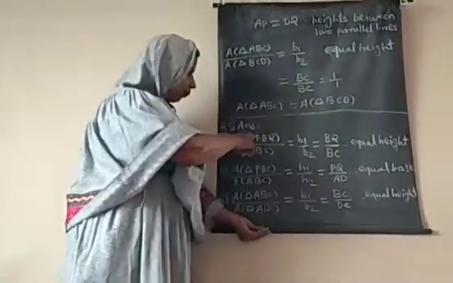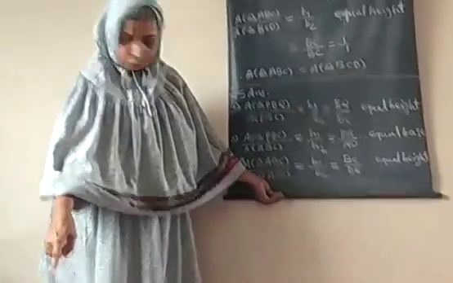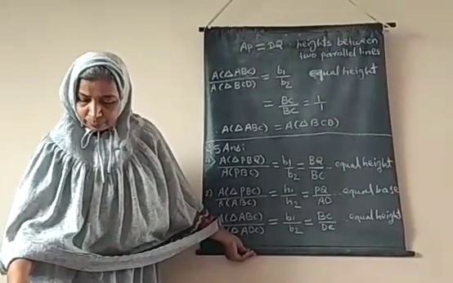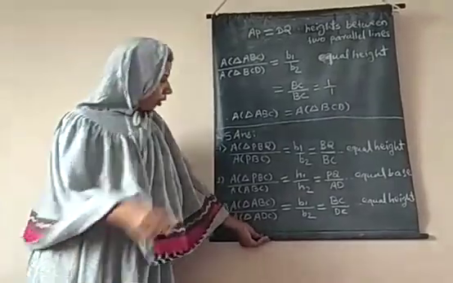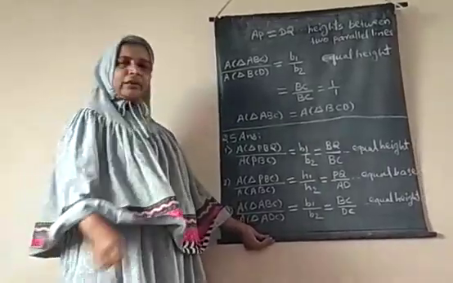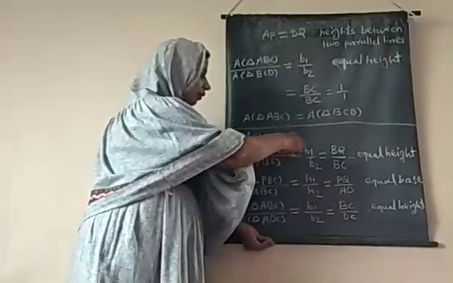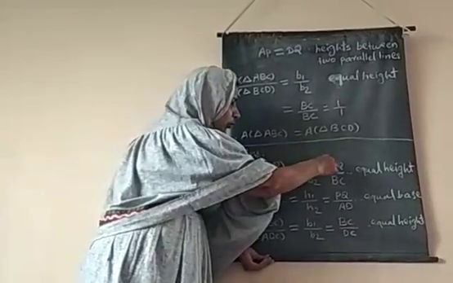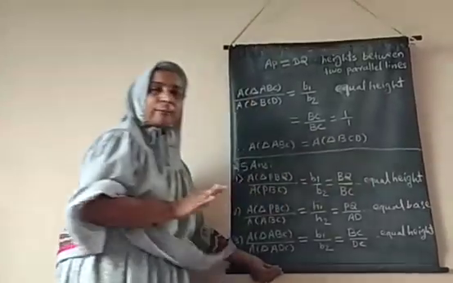Now from the textbook, in triangle PBQ, the height is PQ, and for this triangle PBQ, the base and height are BQ and PQ, and for triangle PBC, again the base is BC but the height is PQ only. Therefore the triangles have equal height, so only the base ratios are coming. B1 upon B2 is equal to BQ upon BC. Since the lengths are not given, this is our answer.